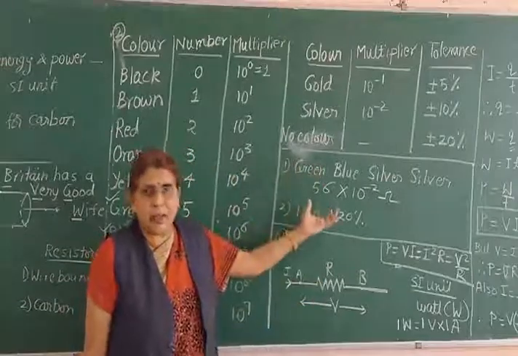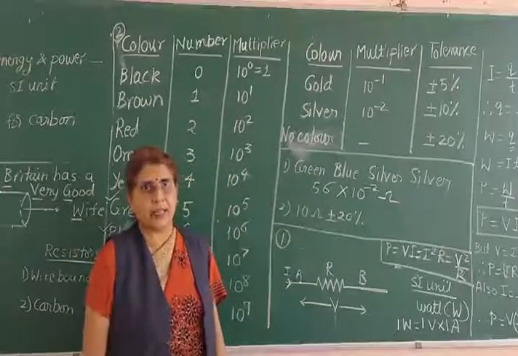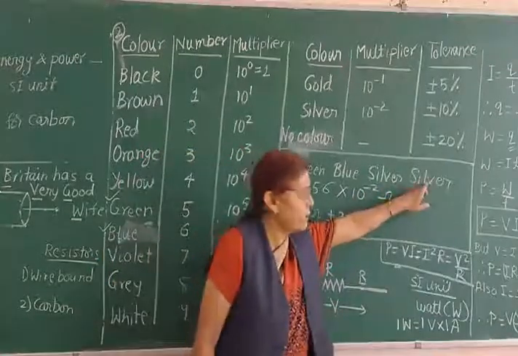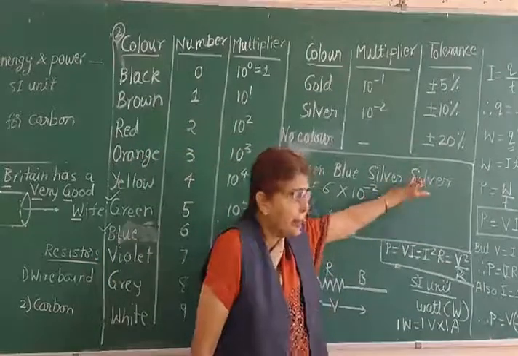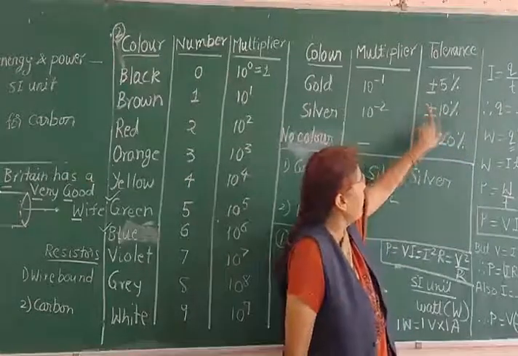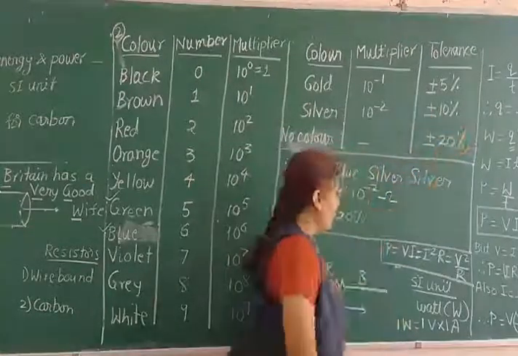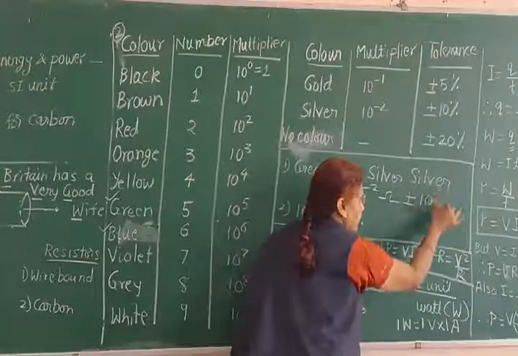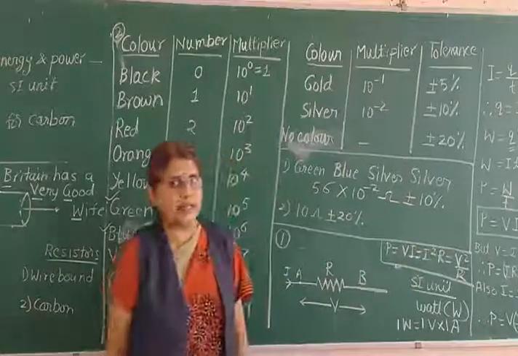Now in this actual value, there will be some deviation, and that we denote in percent, and that is called the tolerance, and that is given by the last band. So silver, now you have to search in the tolerance band. What is the value of that? Plus or minus 10%. So how much variation is allowed in this? Plus or minus 10%. So this answer you have to write for that.